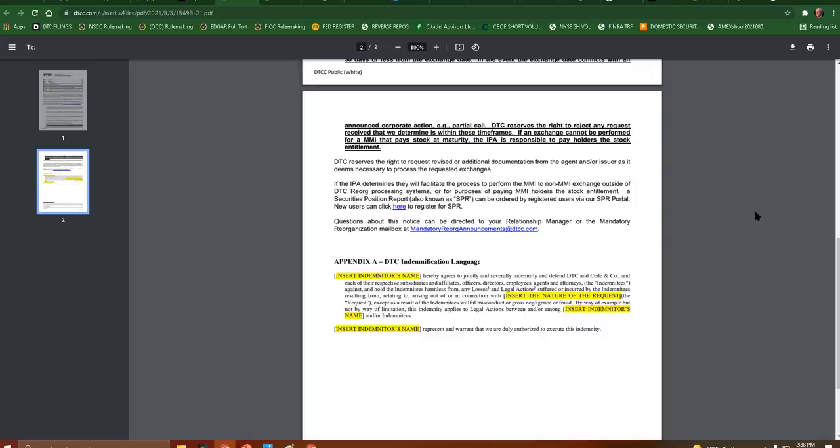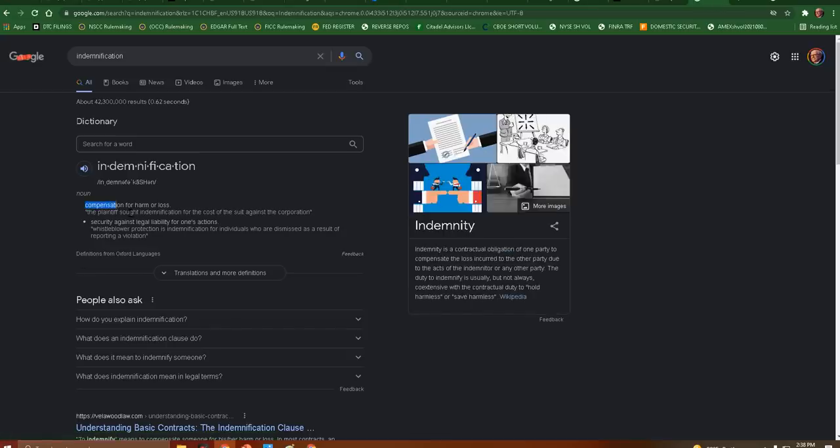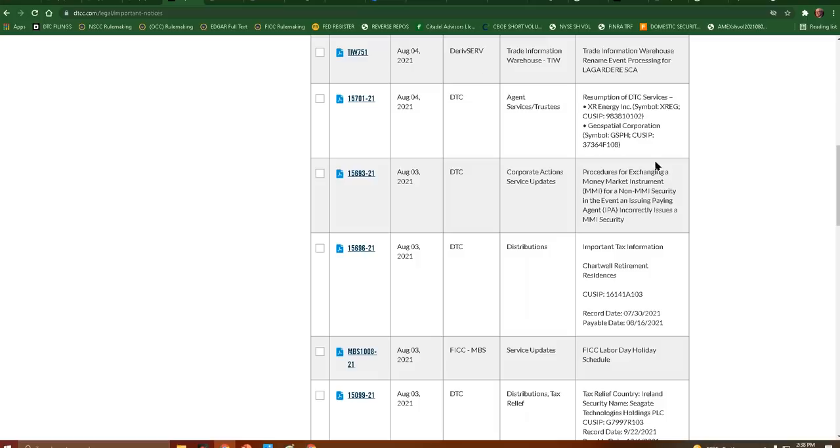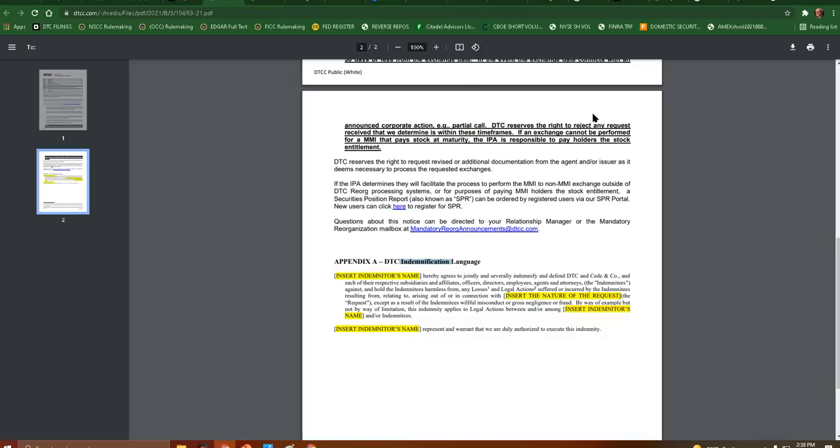So anyways, now we get to Appendix A, DTC indemnification language. Real quick, for those of you wondering what that means, let's make sure we define it. Indemnity: compensation for harm or loss, or security against legal liability for one's actions. Okay. Anyways, so Appendix A: insert indemnitor's name